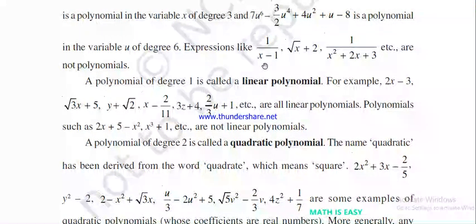And the constant terms, the coefficients of x or x square, can be fractions, can be negative. Like here you have root 3 into x. So root 3 is an irrational number, but I cannot say it's not a polynomial. It is a polynomial. If you look at the power of x, it is 1, so hence it is a polynomial. If I take y plus root 2, the constant term is root 2, but still the power of y is 1 only, which is a whole number. So still I can say it is a polynomial.